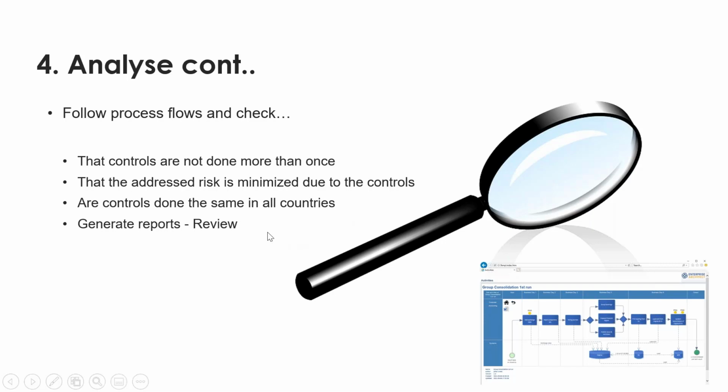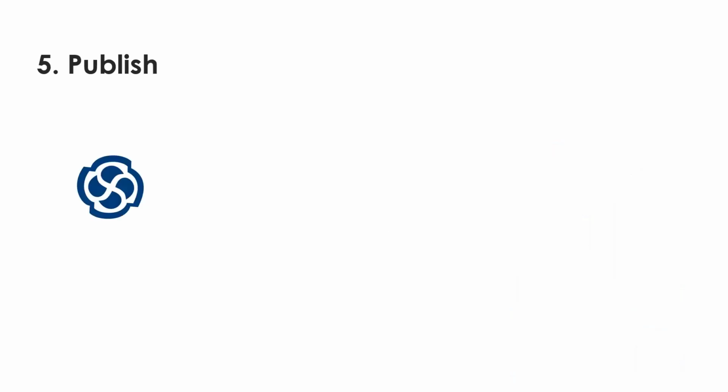You can do a lot of analysis, and then you can create reports. You can create reports from a regulation, for example, that go through and show all the controls that are done and in which processes they are done and which risks they address and things like that. And I believe it's really important to also approve the controls and the risks. So all the elements that we put into the model should be approved, and we should ask all the questions if something isn't really looking as it should be.